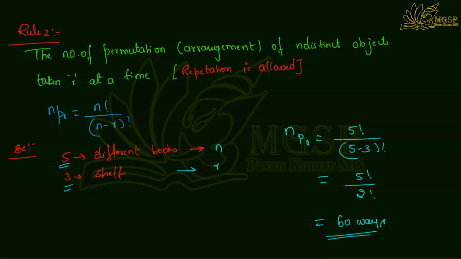Done. Here there is a case when the repetition is allowed or repetition is not allowed. In that case, what you have to do is to just divide it by the element which has the common term in both. We will see that also. There is one more rule also.